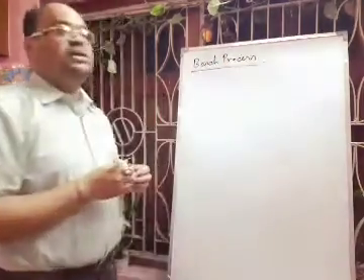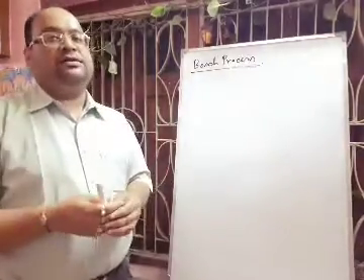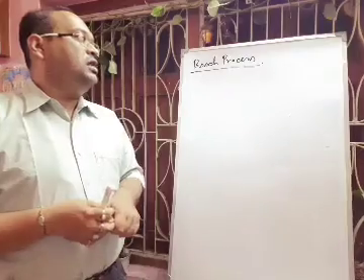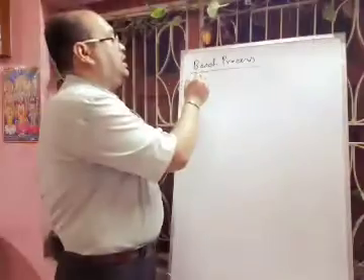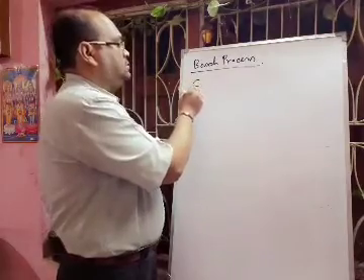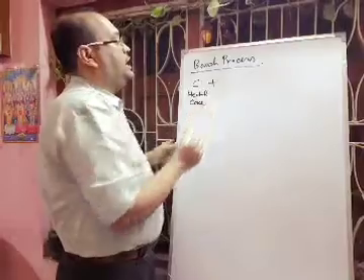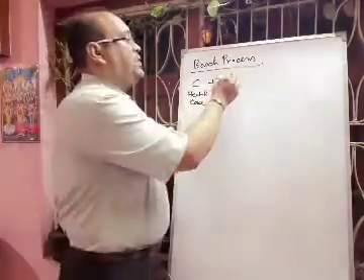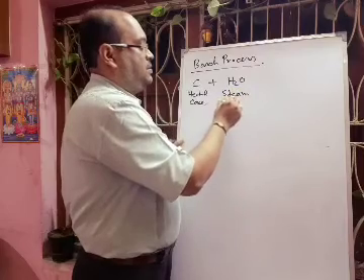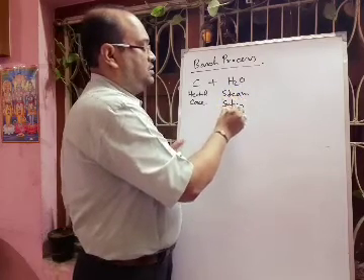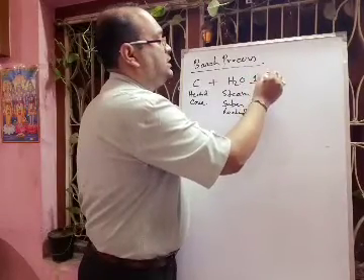All of you know that water gas is a mixture of 50% carbon monoxide and 50% hydrogen gas. Now, how to prepare this water gas? You have to take heated coke, that means carbon, and here you have to take superheated steam. The temperature required is around 1000 degrees centigrade.